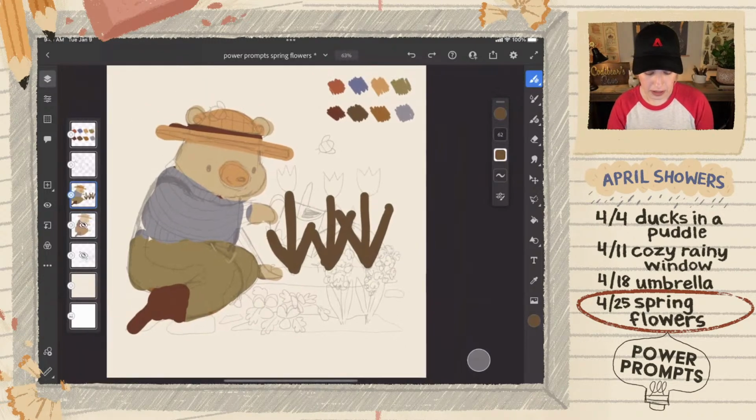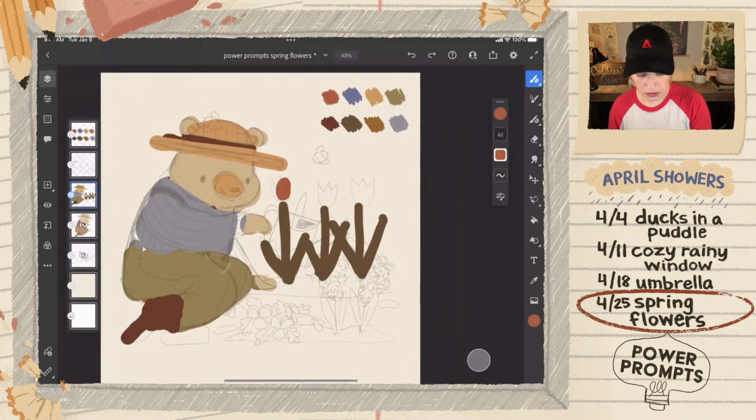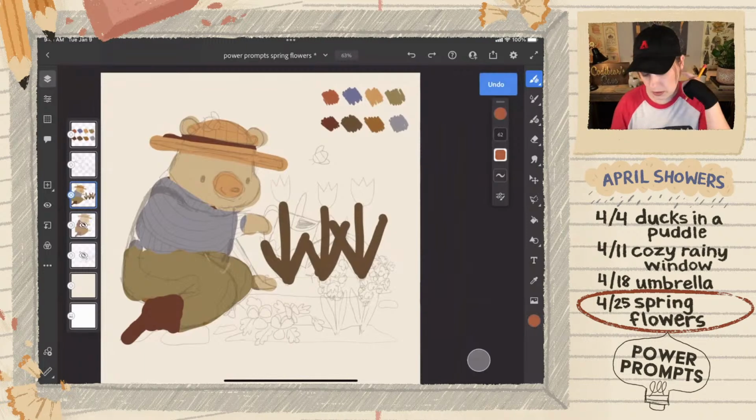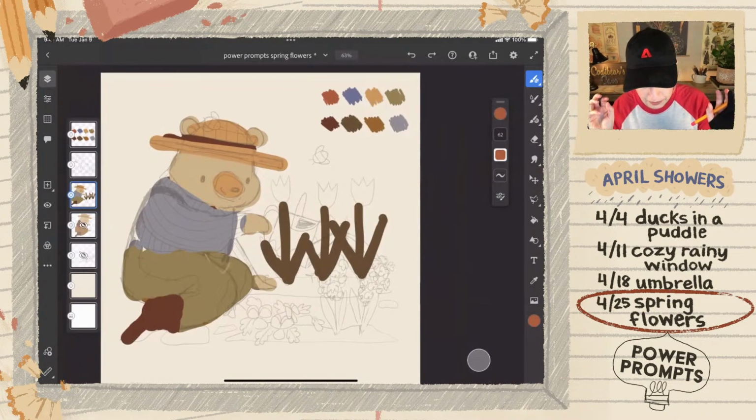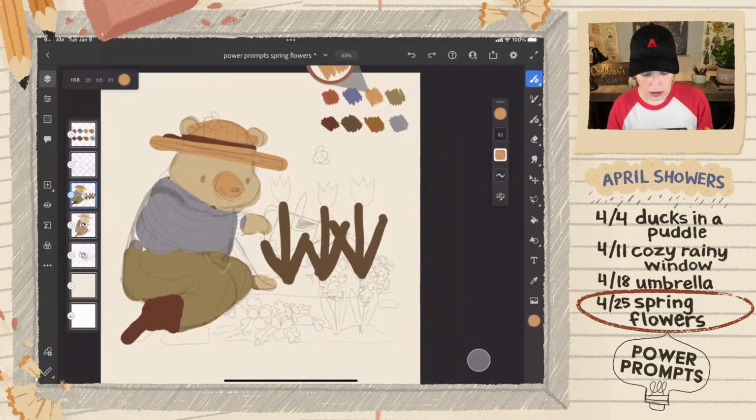And maybe red tulips, or actually no, we want to stick with the moody colors, right? And then the lighter colors will be for the accent colors. So what if we did